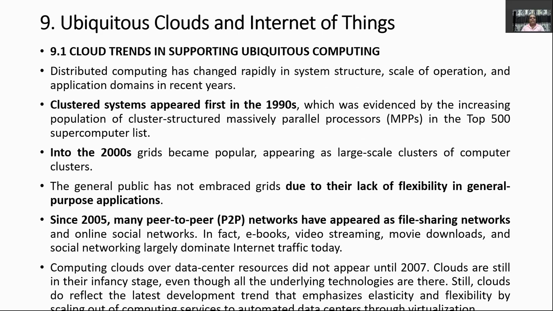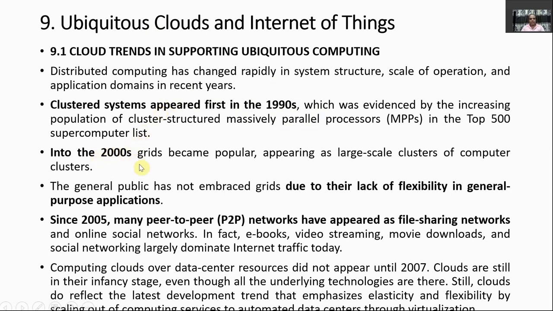In cloud trends, we will see how the distributed computing system has evolved as a clustered system, and from the cluster systems, it has moved to the grid systems, and from the grid systems it has become peer-to-peer networking systems, and from peer-to-peer networking systems it has evolved as computing cloud systems, or you can consider it a cloud computing environment. So this is basically a trend that cluster systems appeared first in 1990, then grid systems